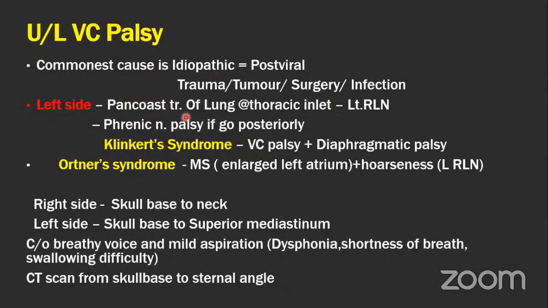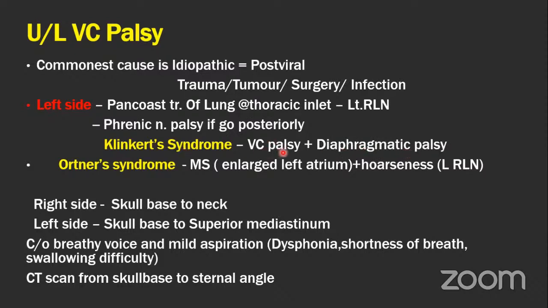Okay. And if it is infiltrating posteriorly, it can also produce a phrenic nerve palsy. So Pancoast tumor of the lung at the thoracic inlet will lead to left recurrent laryngeal nerve palsy, and if this tumor is infiltrating posteriorly, then it can lead to a phrenic nerve palsy also. So what will happen there? If there is phrenic nerve palsy, there will be involvement of the diaphragm. Okay. So if there is